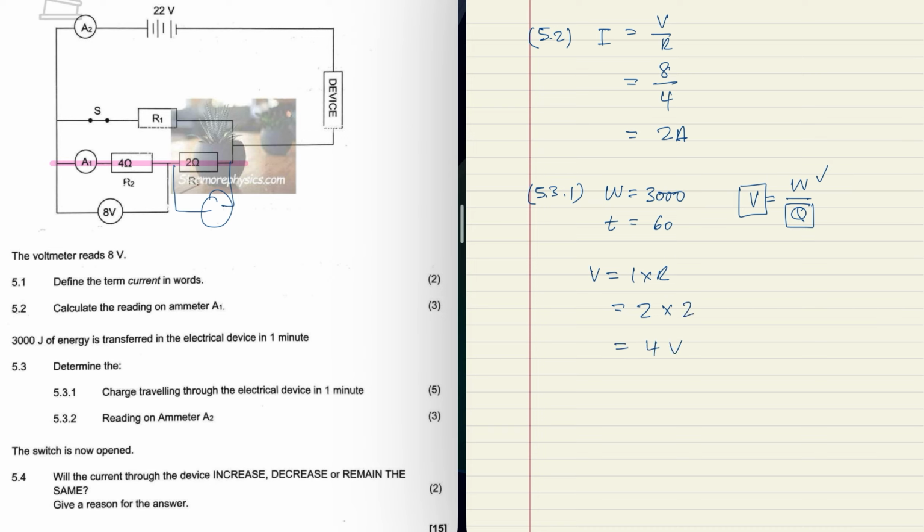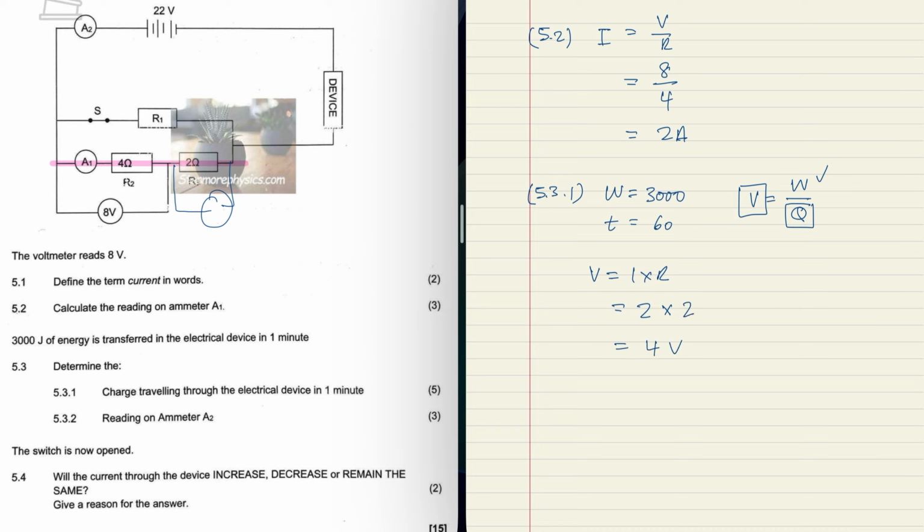So this is using 4 volts, this is using 8 volts, which means that this pink branch in total is using 8 plus 4, which is 12 volts. Now, because voltage in parallel is the same, it means that this branch is also going to use 12 volts. But when we're working in parallel, we only use it once. So it means that if the battery is giving 22 volts, and again, we only count the parallel branch once,